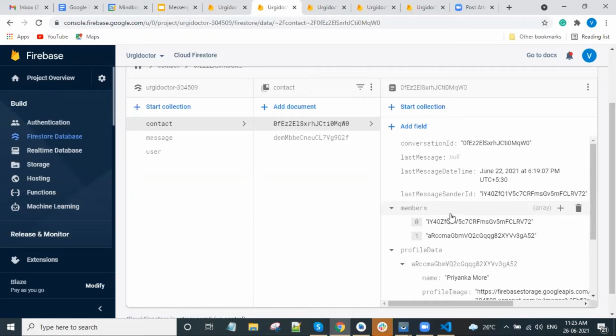This is the best structure, and I'm going to explain it. With this data structure, you can handle one-to-one chat and group chat too. If multiple users are participating in a conversation, you just add the members here. Then you are able to get the conversation of that user.